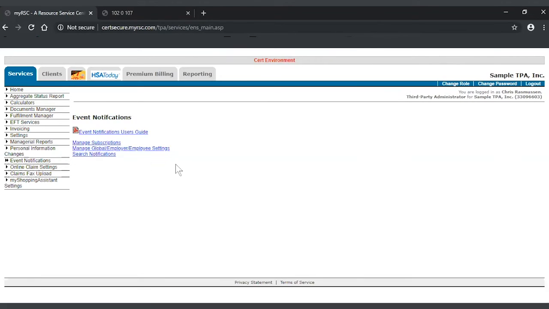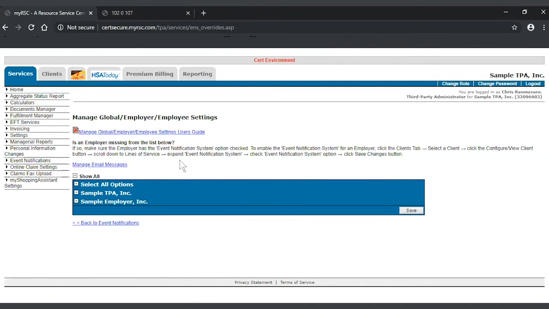Event notifications are primarily the subscriptions to the emails and messages that are offered out to the employers as well as the employees. So to manage your subscriptions, we would go into event notifications, manage global employer and employee settings. Now again, because I'm logged in as a TPA, I'm going to see a lot more than an employer or an employee would from their levels. We can show the different types of